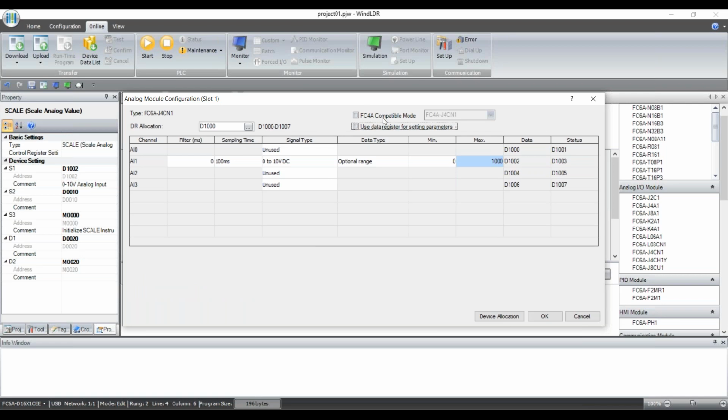The FC4A compatible mode, what that lets you do is, when we designed the FC6A PLC, we wanted to make this thing the biggest, the baddest PLC that we've ever had, and we did. In order to do that, we also had to, unfortunately, redo the internal communications bus that the PLC uses to communicate with the I/O cards. The reason we had to do that is we wanted to be able to control more I/O and monitor more I/O. For example, the FC6A PLCs, you can do up to about a couple thousand digital and about 500 analog,